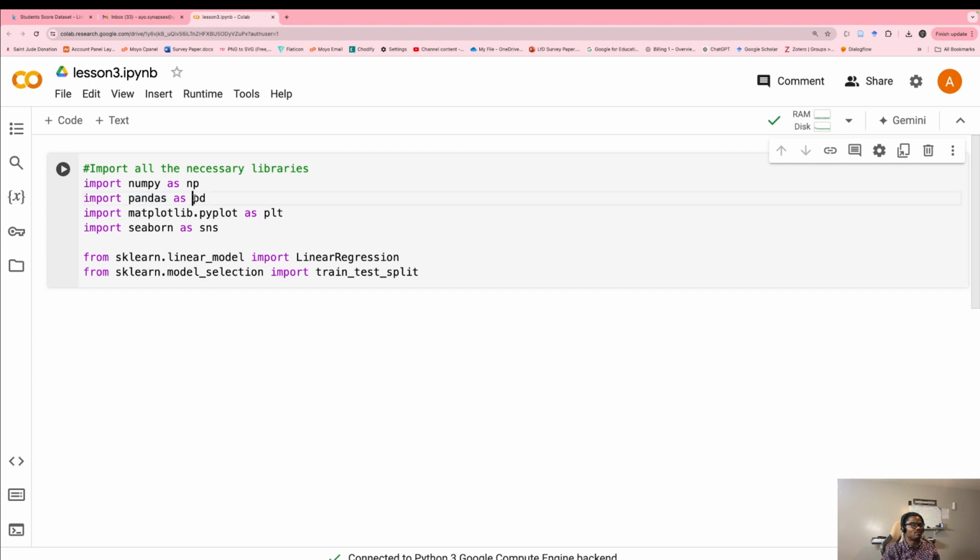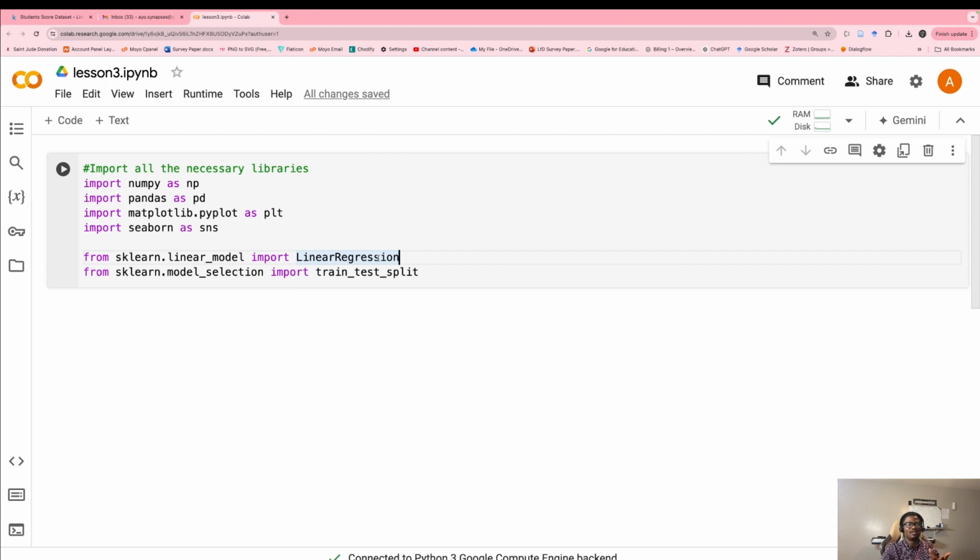It's used for some calculations that I don't have to explain right now. Then pandas is used for data processing. This one is used for plotting; we're going to plot some graphs. Then this one too is used for data. Then this is going to be our model, our linear regression model that we are going to be using. The model has been created for us, that is, the AI is already there. So all we have to do is train the AI.